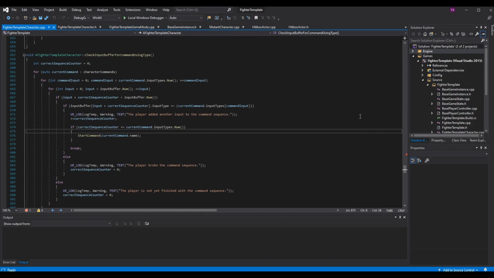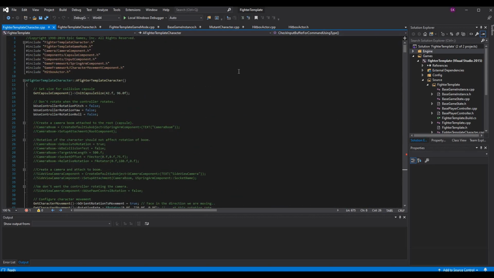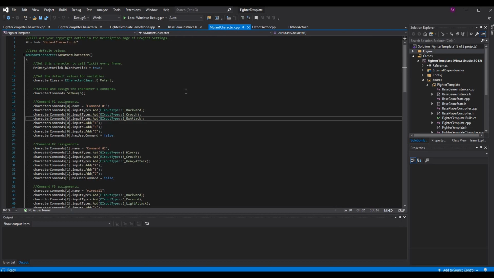Now you're actually done with the code at this point. Well, you're done with the actual logic of the code. We do have to set up the commands for the mutant character as well. So if we go into our mutant character.cpp, or whatever character you were putting your commands in before,